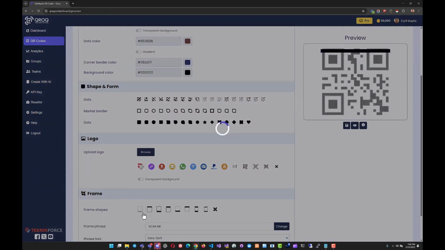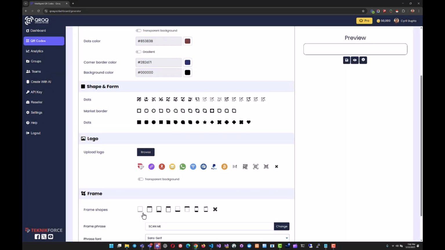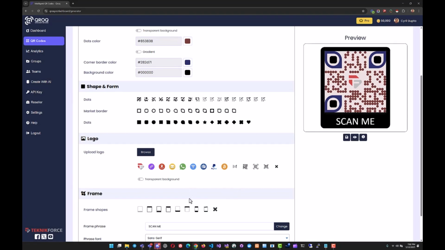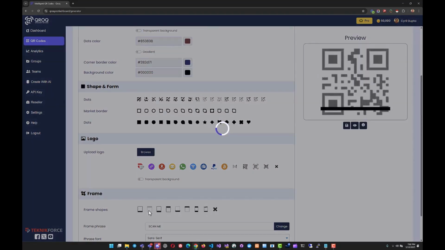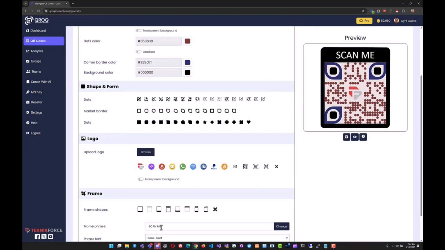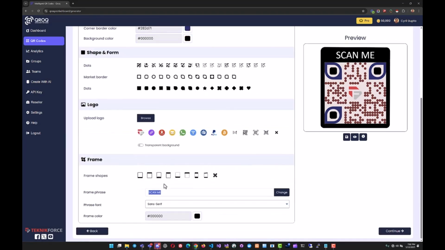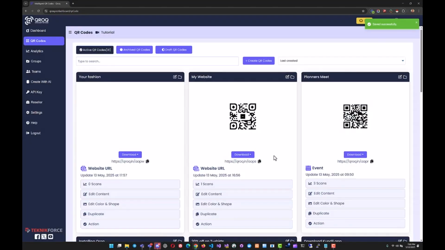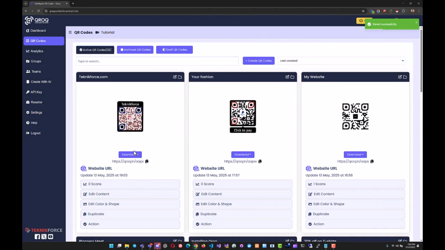And if you want a frame, you can put a frame on the QR. So check this out. It says scan me. You've got different styles of frame, and you can actually choose the message that you want to use, right? So if you want to put Technic Force here for some reason, and click change, done. Finally, click on continue and your QR code is ready right here, and you can download